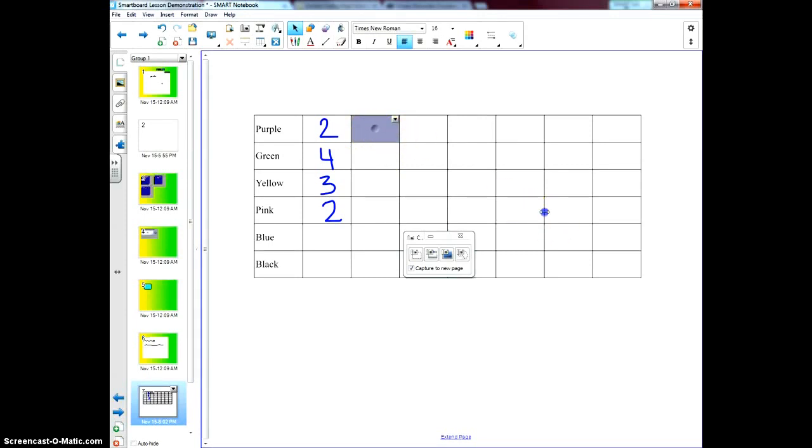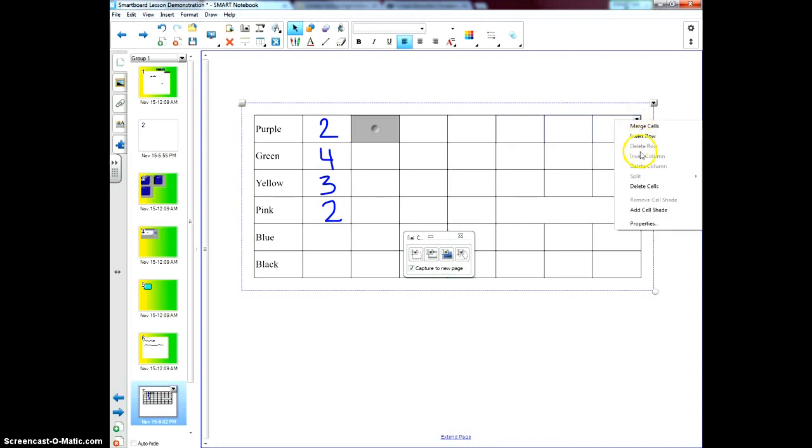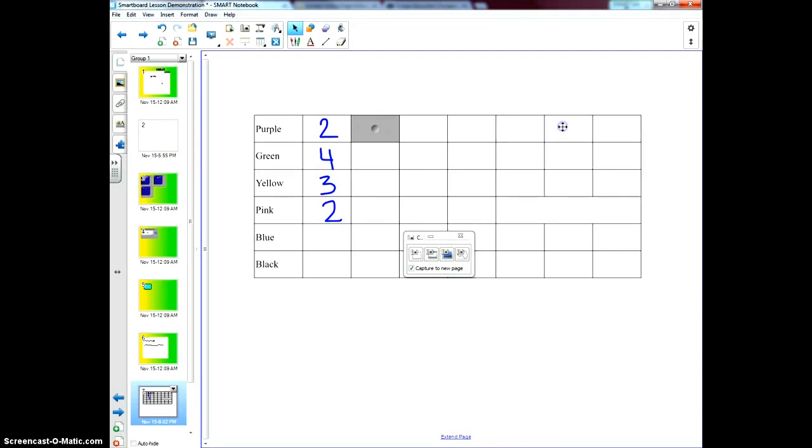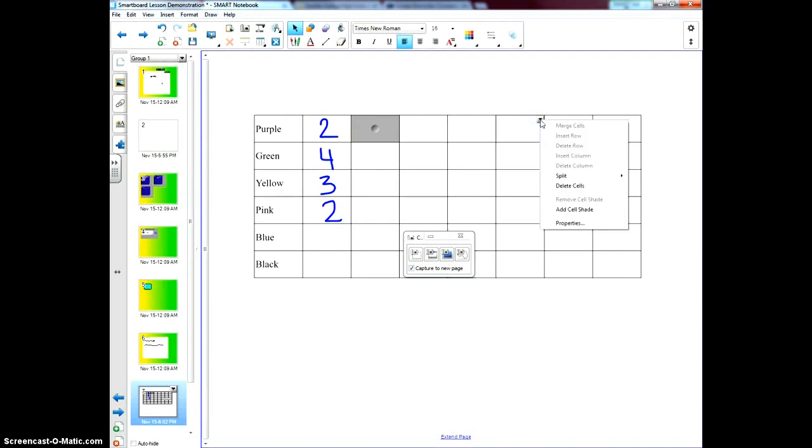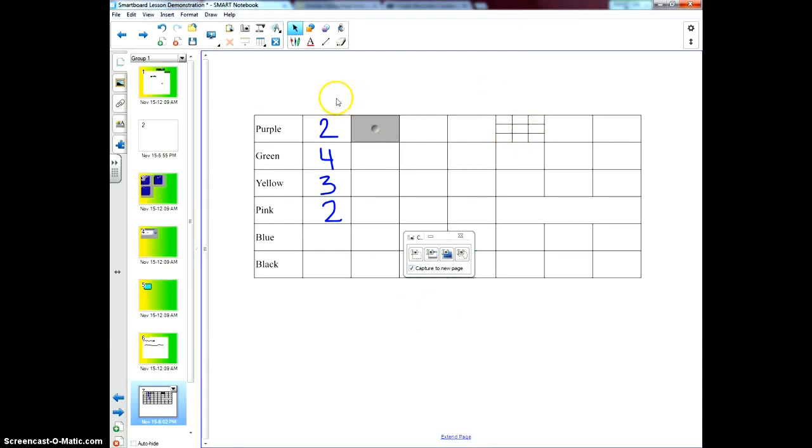At the same time, if you want to merge cells, if you highlight, for instance, 3 cells, that allows you to turn 3 cells into 1. I believe you might even have the option to split a cell. It didn't let me do it that time. Maybe if you click on one of them. There it is. Lets you even tell you how many times you could split it. There you go. So those are a few of the tricks that you might find useful